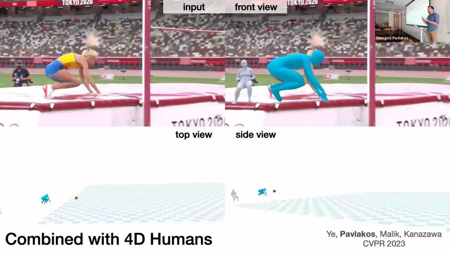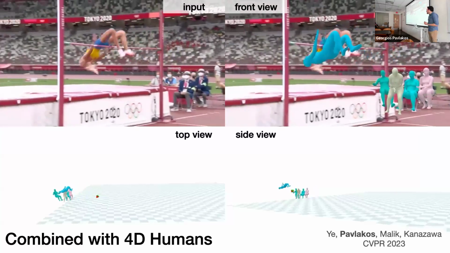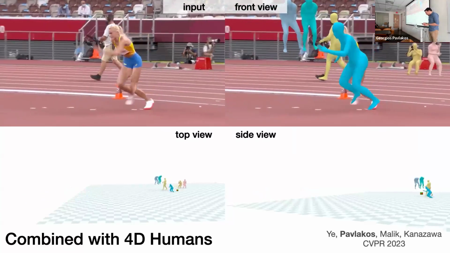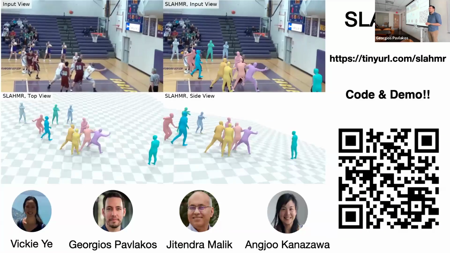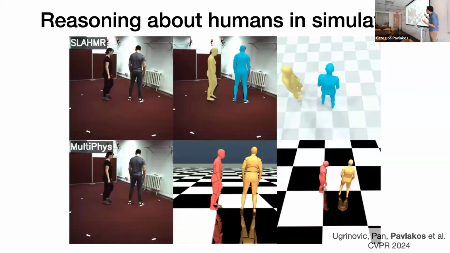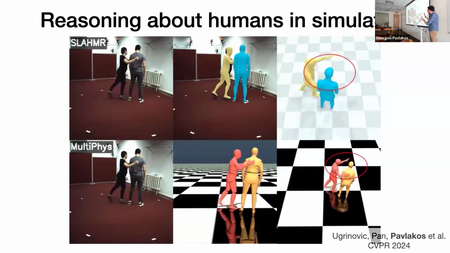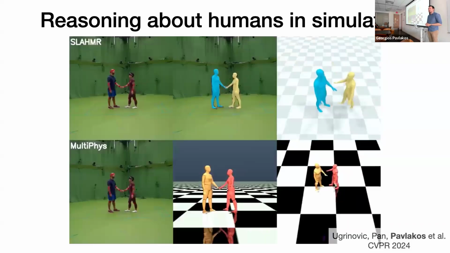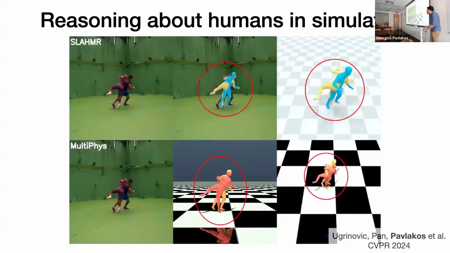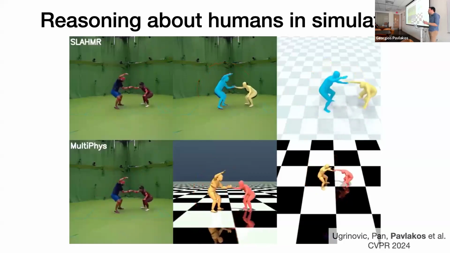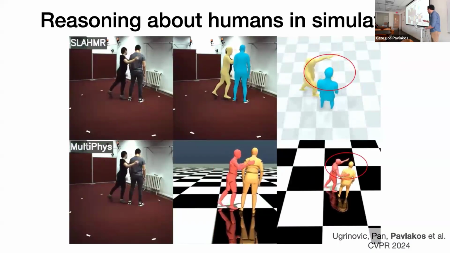This is still, I think, more of an open problem, like single frame reconstruction, but we are getting there, hopefully. And just to show you some of the limitations, hopefully to point to where future work is going, all of this is really not considering any of the laws of physics. So you can have these interpenetrations, you can have unusual forces here. We have work that is trying to put these results into a simulation environment so that we at least have some physically consistent reconstruction as well. This is also more of an open direction that we're looking at.